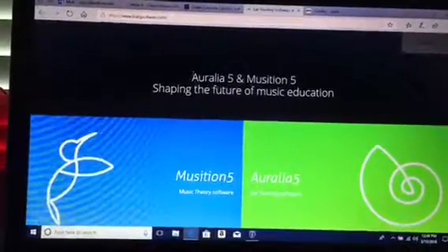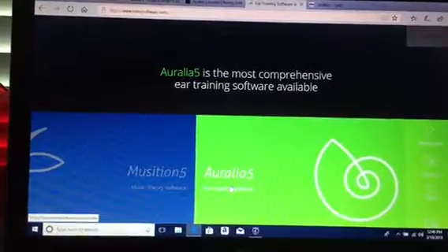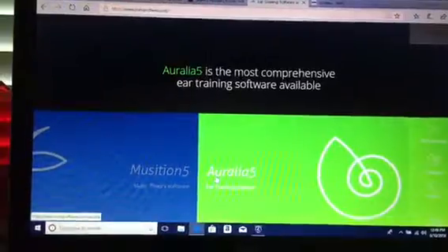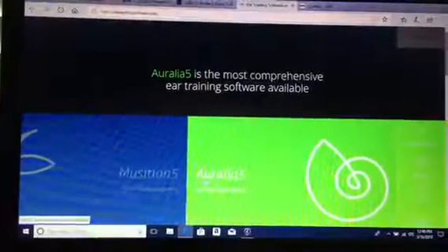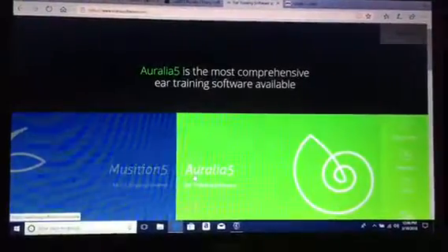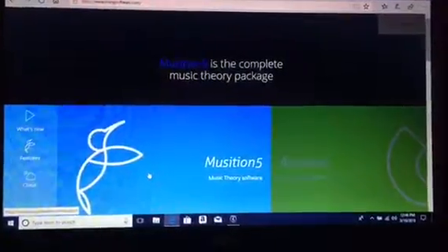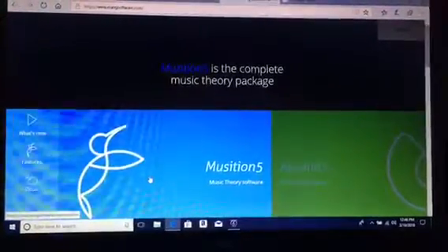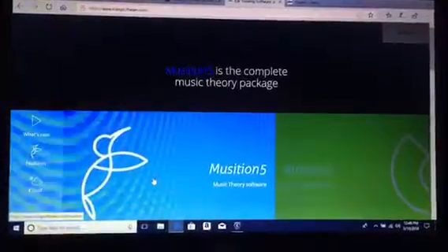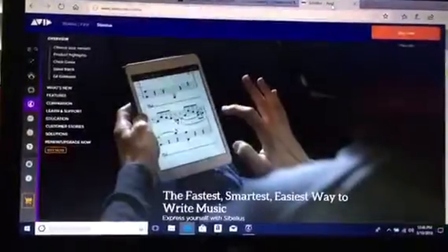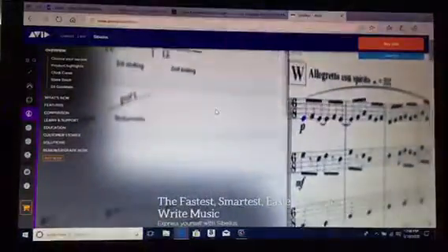These are Auralia 5, which is meant to help students learn how to orally understand notes related to one another, or the relationship of notes between one another. And Musician 5, which is a music theory software designed to help young people understand what those notes look like on the staff. Once they've mastered this software, we begin moving into software created by Avid, which is called Sibelius,